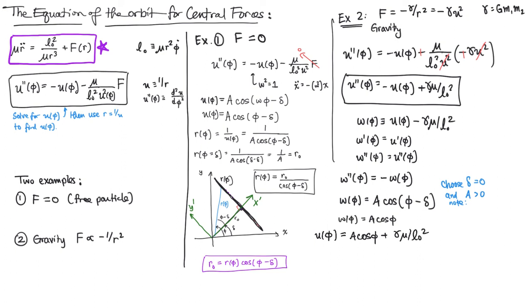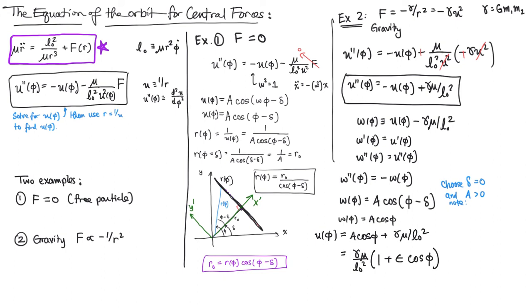Okay, so now I know what u is, and I can massage this a little bit for reasons that will become clear later. I'm going to factor out gamma mu over L naught squared, and I can write this as 1 plus some other constant times the cosine of phi,